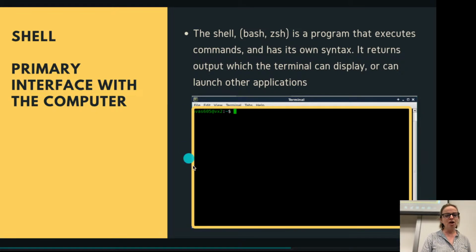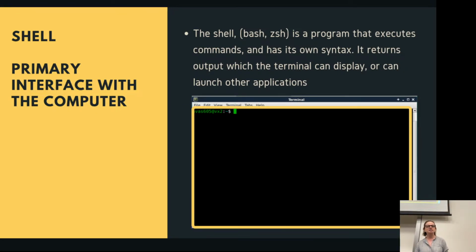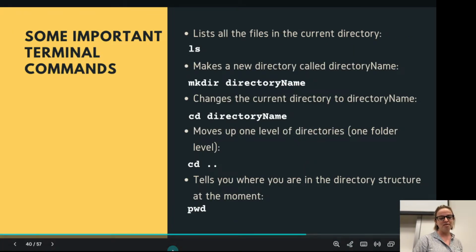Then you've got the shell, which is just this bit inside, and the shell is a program that executes the commands. It's got its own syntax. And then you have the prompt, which is the line that lets you put in whatever you are inputting into the program. You might ask it for some information, or you might run a compiler, which we'll talk about in a second.